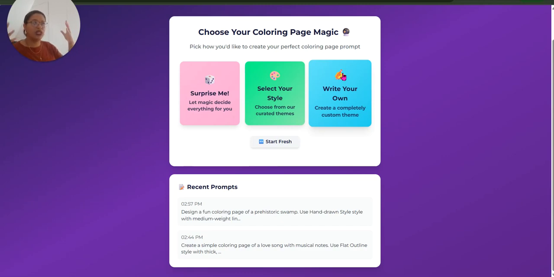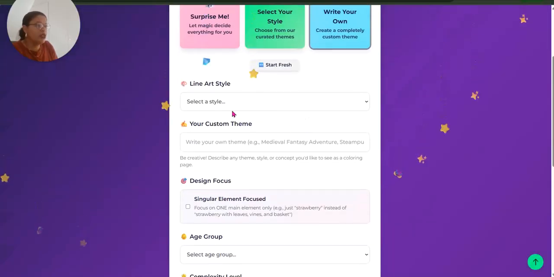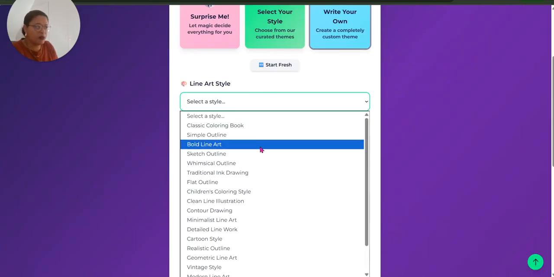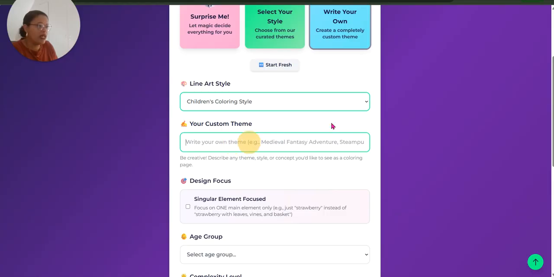So this is for the guys who actually know what I want to create, and I want to bypass "surprise me" and "select your style" or whatever. I want to write my own theme, right? So once you click on it, you will see it will ask you for the art style, which is pretty much the same. What have we not used? I don't know. Let's try this one. Let's say Christmas